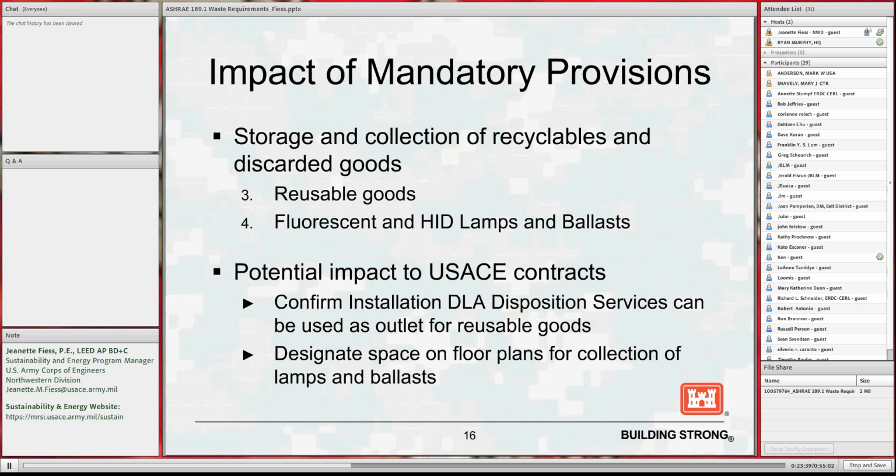The key here is making sure that those services are in place and then coordinating how those services are used. So whether it's the DLA disposition services, coordinating with them just to confirm how reusable goods get brought to that disposition services group. Do we need to collect it? Do they request that there be a collection site at the barracks,